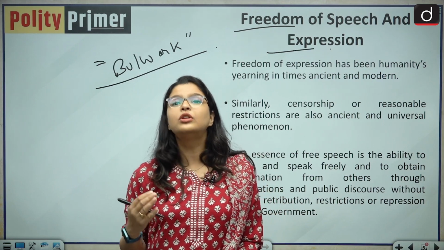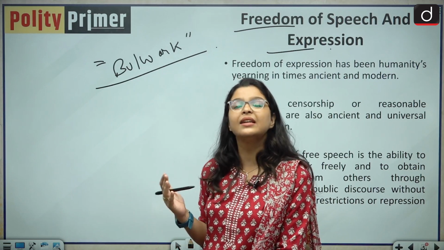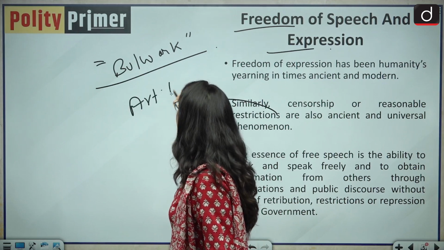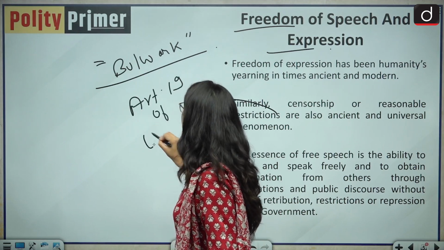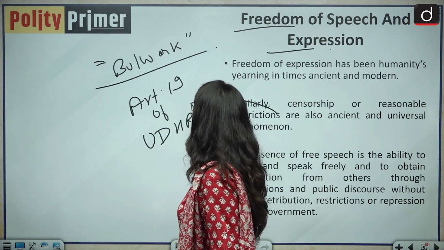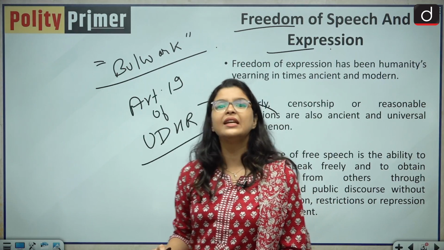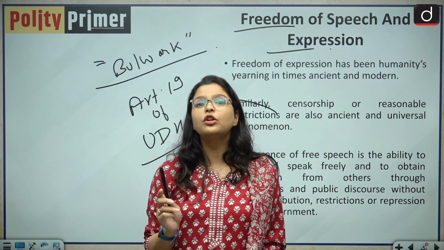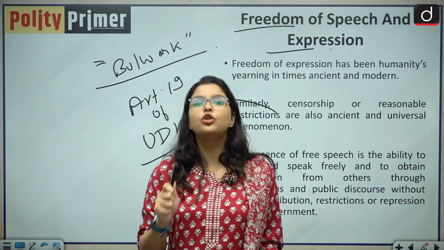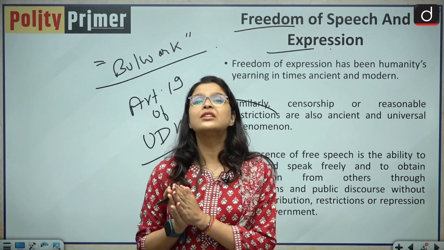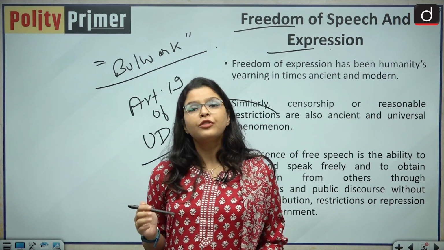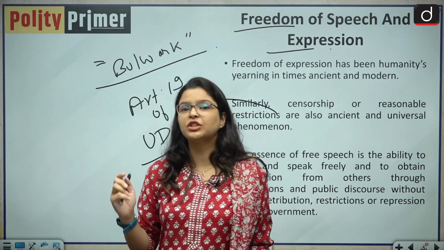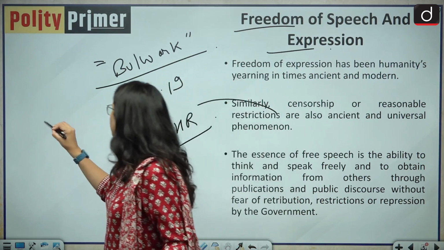And if I talk about this being a human right, it is declared as a human right under Article 19 of the UDHR. This Universal Declaration of Human Rights under Article 19 recognizes this right of freedom of speech and expression as a human right. And if I talk about its constitutional history, that from where did we start recognizing this freedom of speech and expression? So the English Constitution,